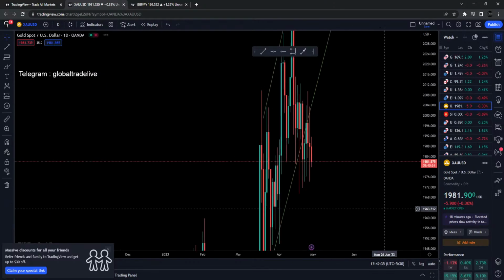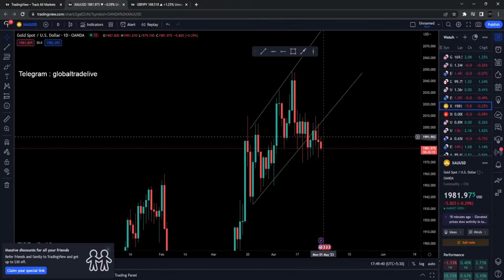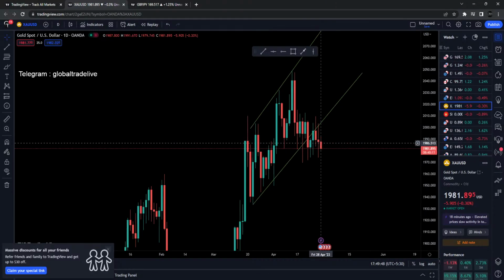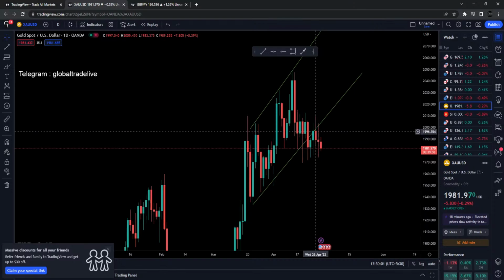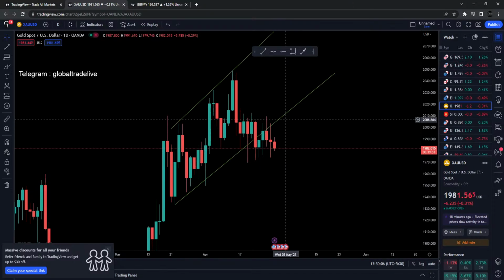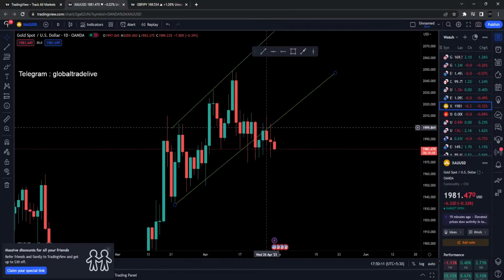Okay, so if I go to the daily time frame, the daily is nothing different from yesterday. Yesterday the candle went up, rejected the higher prices, then went all the way down and rejected the lower prices as well, but it still closed like a bearish one, although it looks like a doji candle. But I think we can take this as a sign that the market is going to move down from here. And also, if you look at the top, we can clearly see that the market is respecting the lower trend line, and it is coming down from that trend line by rejecting it.